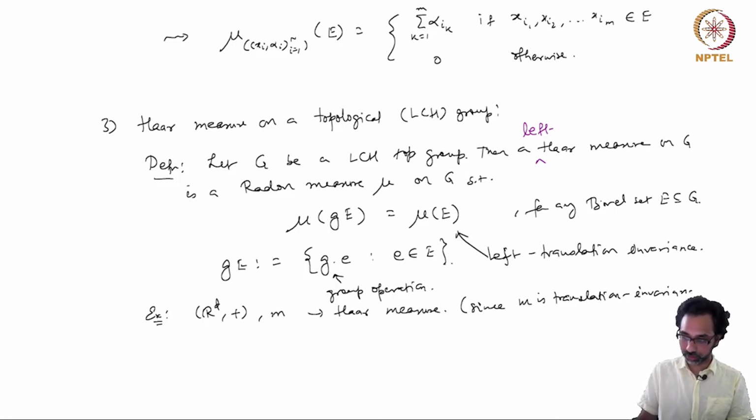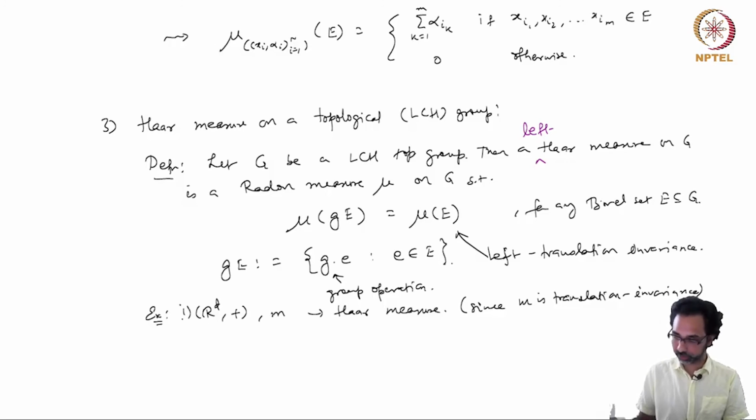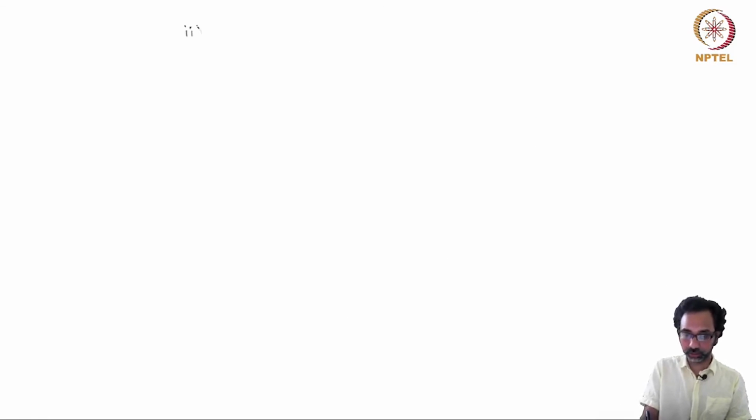So this group is an abelian group, so left and right actions are both the same. So this gives you a Haar measure. So that's one example. Another example is if G is the multiplicative group of reals. So this is R minus 0 with the multiplication operation, and